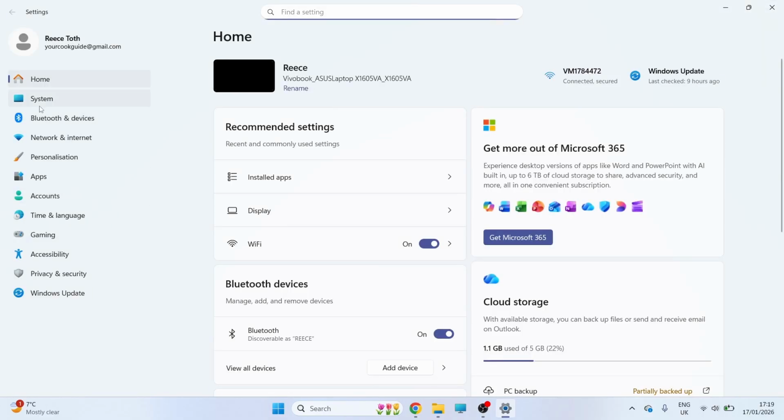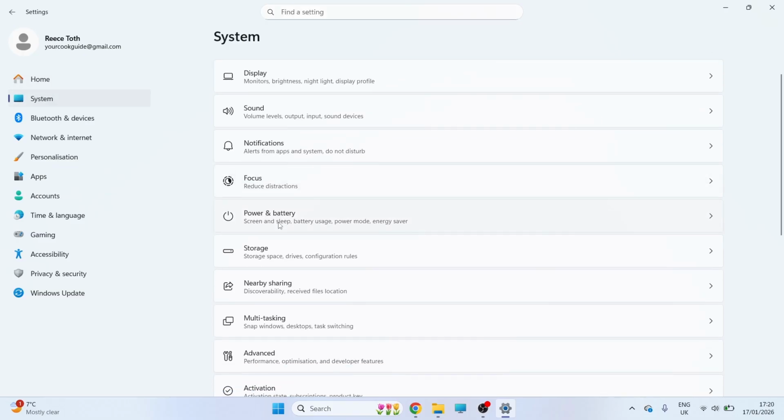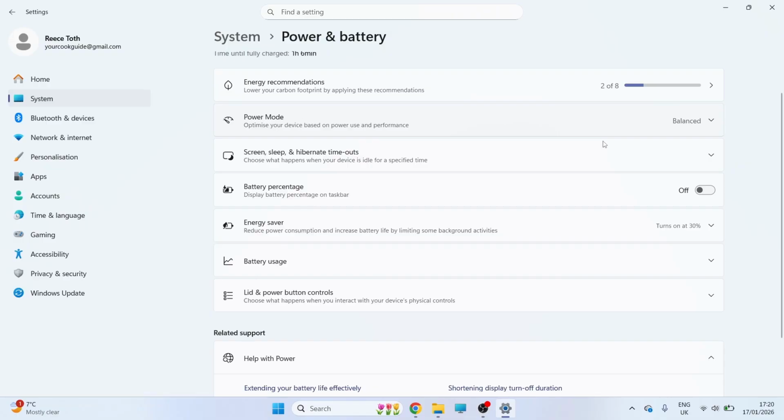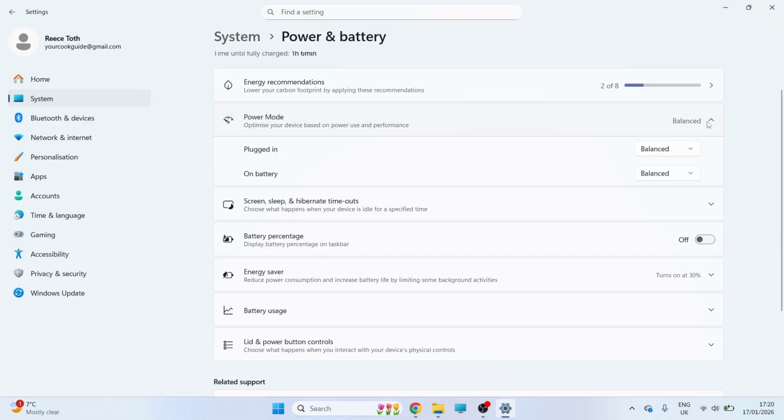Over in the left-hand side, select System, and then scroll down and click on Power and Battery. Now scroll down to the Power mode and click on the drop-down arrow. Make sure Plugged In is set to Best Performance, and also make sure On Battery is set to Best Performance